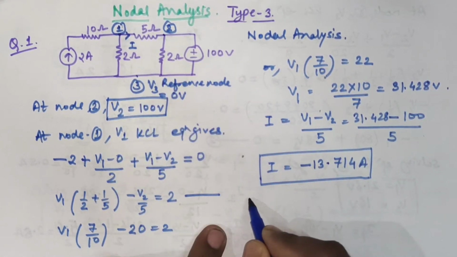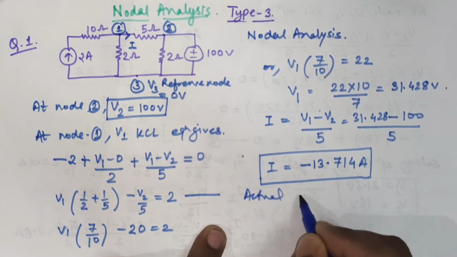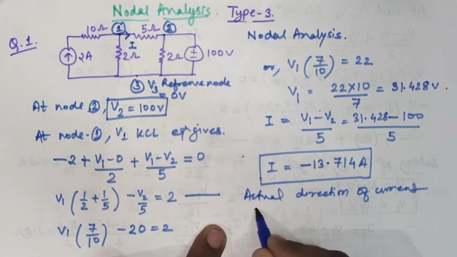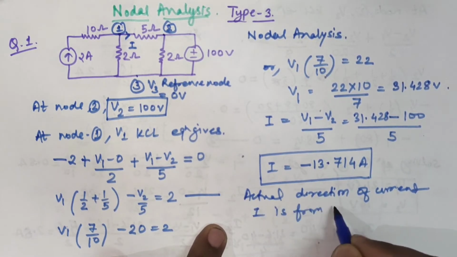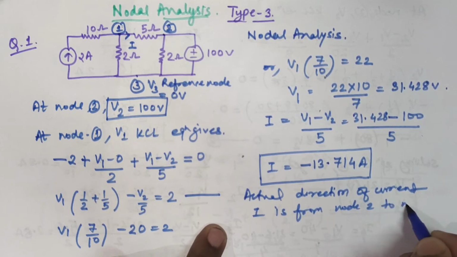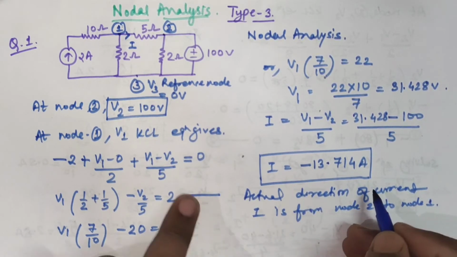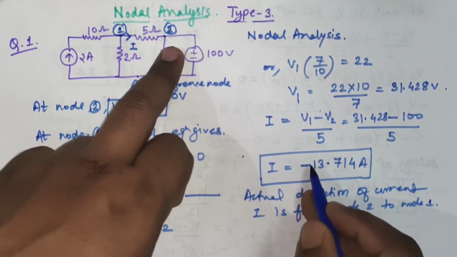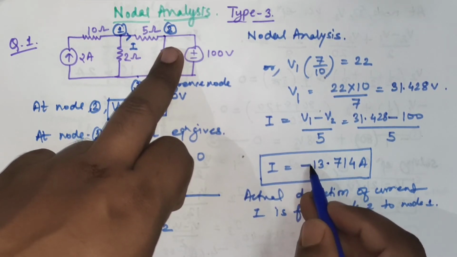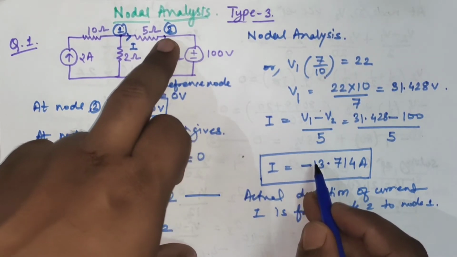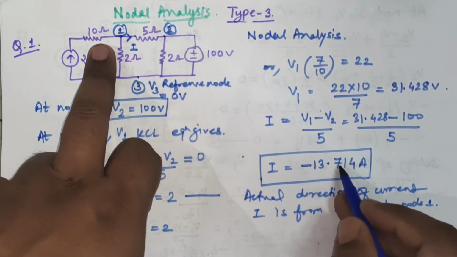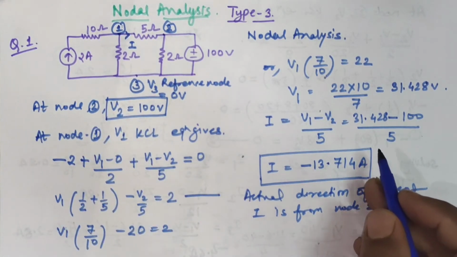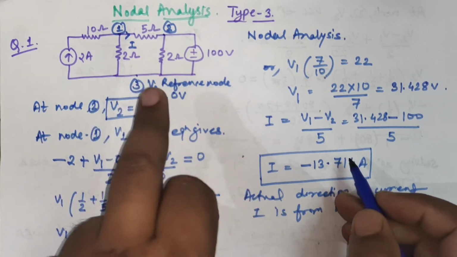So the actual direction of current I is from node 2 to node 1. That means our assumption that the current is flowing from the first node to the second node is wrong, because we get a negative value. So the actual direction of current is from node 2 to node 1, and the value of current is 13.714 ampere. In the next example, we again take the same situation of